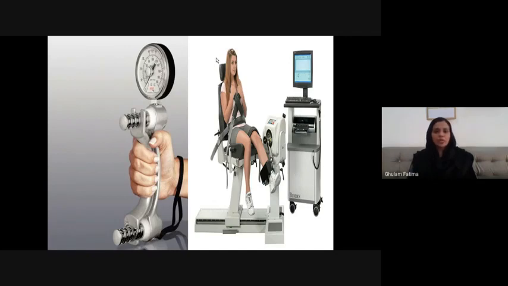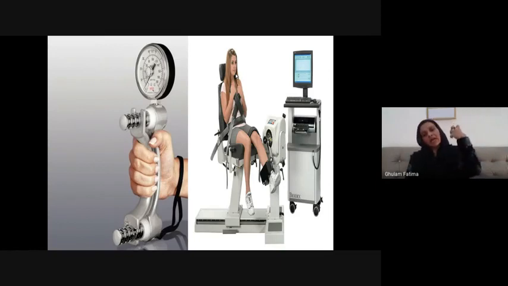As you can understand by the name, iso means same and kinetic means movement. So this is the machine, this is the apparatus that makes the patient perform an activity at a similar speed. As you know, the angle of pull and the muscle tension and length relationship vary in different parts of the range. In the initial range the angle of pull is different, in mid range the angle of pull is different. At 90 degrees the angle of pull is such that you can generate maximum